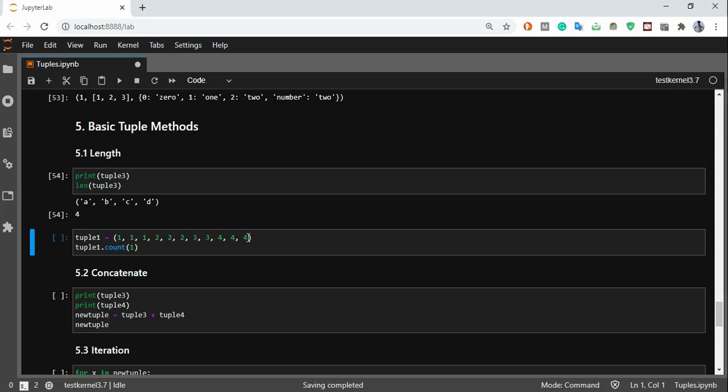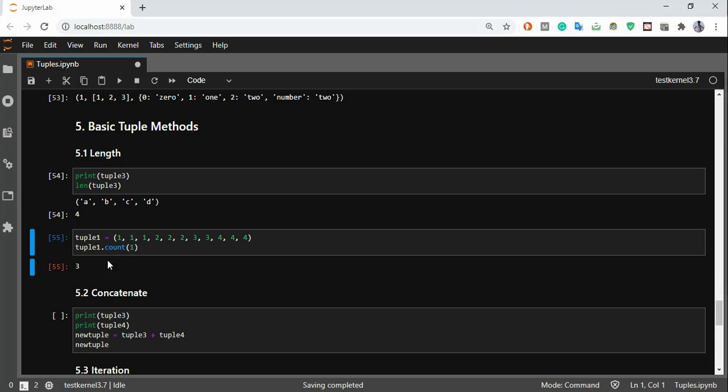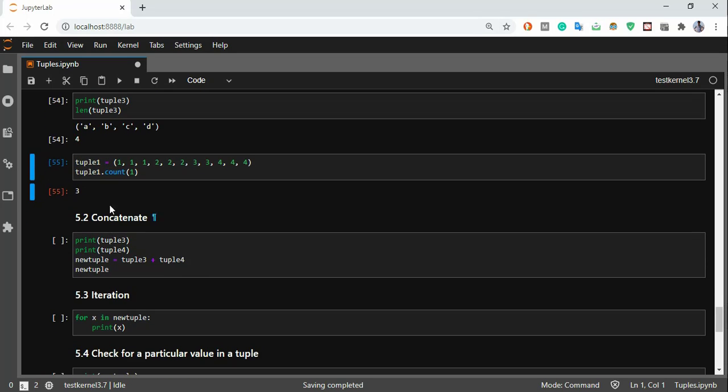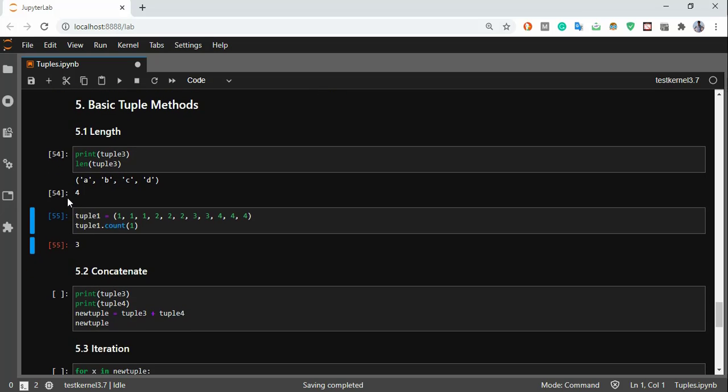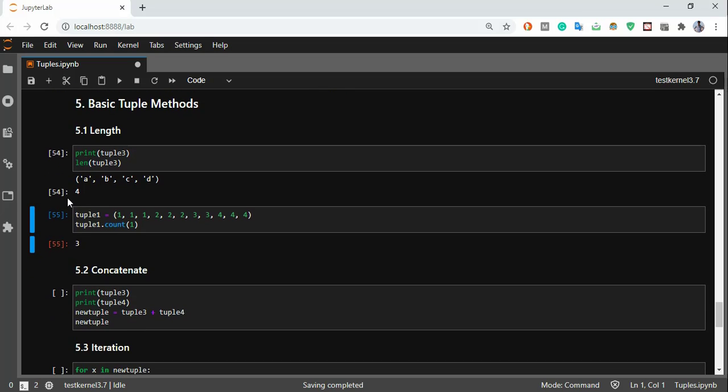If I want to count the frequency of a particular value, let's consider 1, it will print 3. For that I'll write the name of the tuple, dot count, parentheses, with the value I want to count the frequency of.